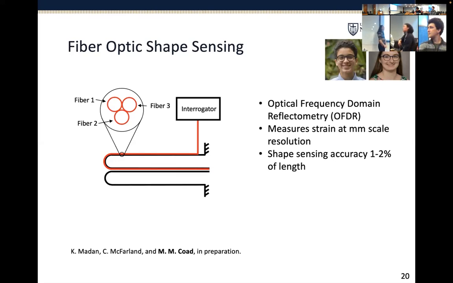Curvature and I guess torsion from that as well? We don't get torsion here because we only have 3 fibers. You're right, if we were measuring local curvature, we really only need 2 fibers. But we use 3 because that way we can subtract off any temperature effects. But in order to do torsion, you would have to have a fiber that's wrapped helically around your whole bundle. We're not doing that yet, but we might end up needing to,